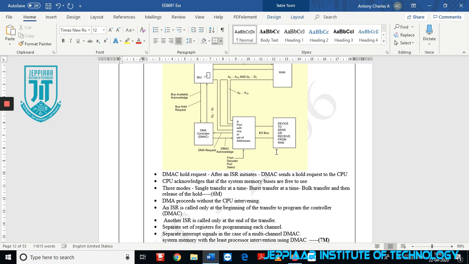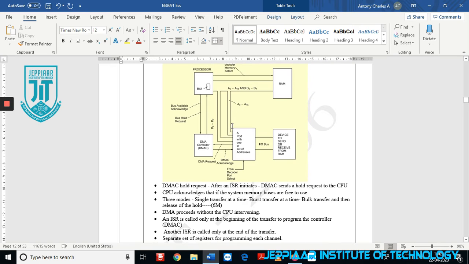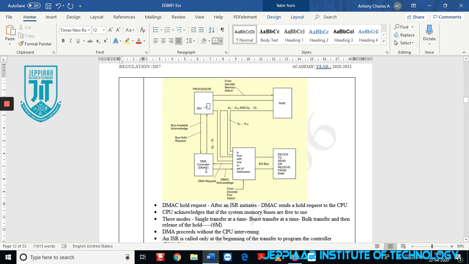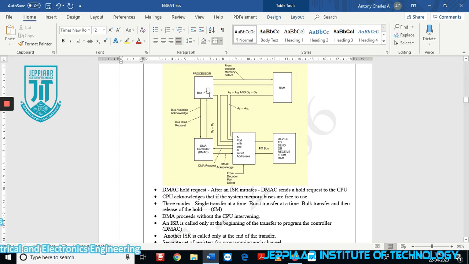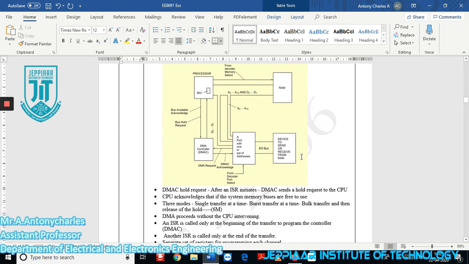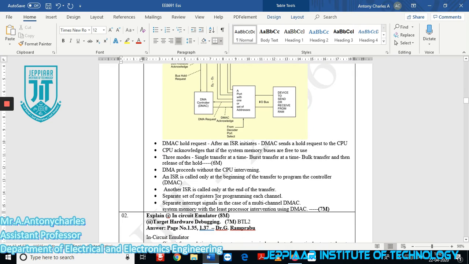The ISR processor is also said to be a DMAC processor which is used to transfer the data from a single end user to the double end user. There will be a separate communications line. The address bus and data bus have been fixed. In the address bus and data bus, the data is transferred from the BIU processor to the device of the RAM processor. Another ISR is used to transfer the bits of DMAC.